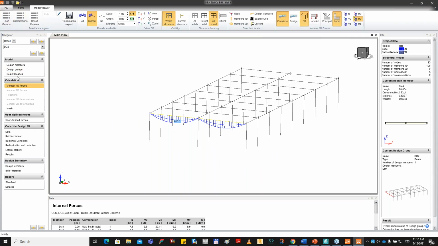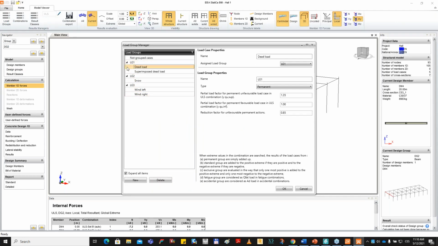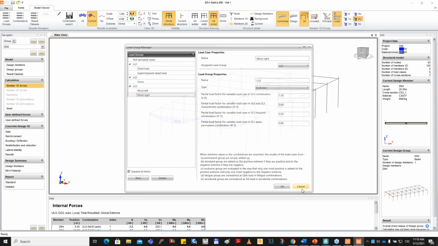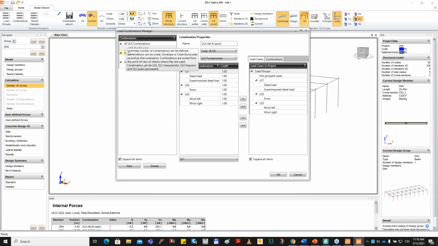Okay, at first, we will go to the load groups, where we can check that all load cases are sorted correctly. So I mean dead load and superimposed dead load to permanent. Snow is a standard type but variable, and wind from the left and the right side is exclusive because I can't combine it between themselves. So it's correct. If I click on the combinations, you can see the same combinations as in the SCIA has been exported to IDEA,